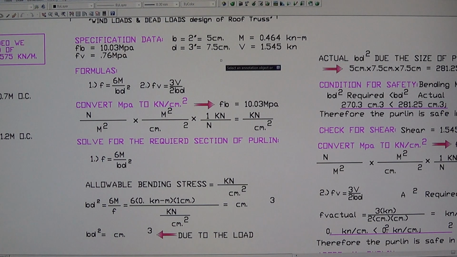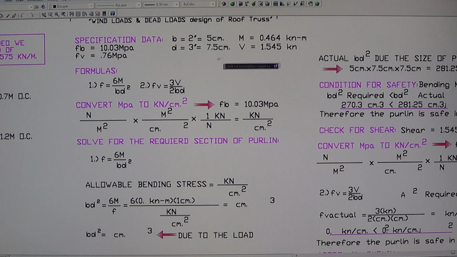from the shear moment diagram of our loaded Purlin, we found the maximum moment is 0.464 kilonewton meter, and the shear is 1.545. So we're going to use these values to design our Purlin now. We have centimeters here and kilonewtons there. Therefore, we need to convert the MPa. MPa is Newton per square meter, so we have to convert that to kilonewton